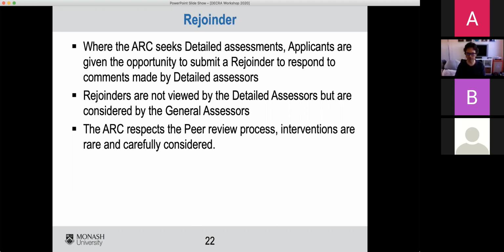But it was obviously about the way that person felt about Monash, not how they felt about the research or the researcher that was being proposed in DECRA. It was just they were aggrieved by Monash for some reason, and they used this as an opportunity to let the ARC know. That person's DECRA was funded, and so I think through the intervention process, that assessment was removed by the ARC because it was very clearly biased.